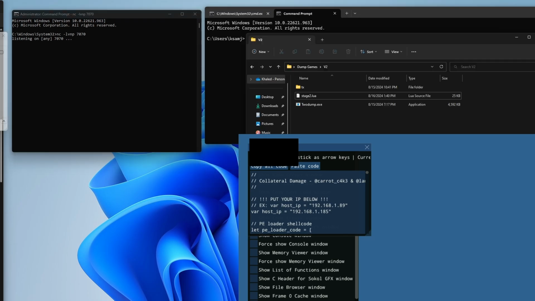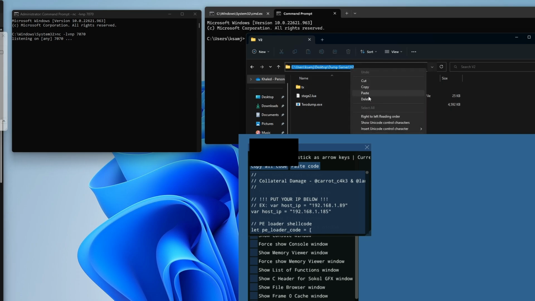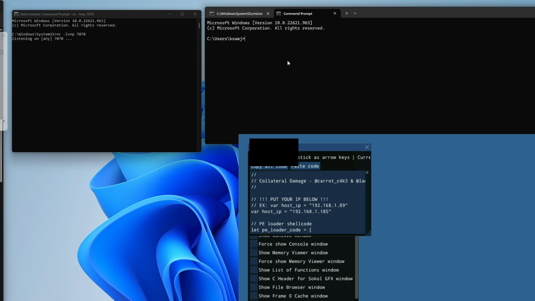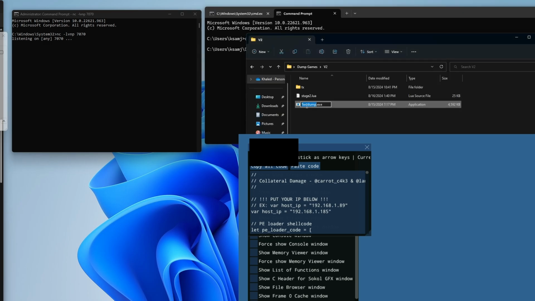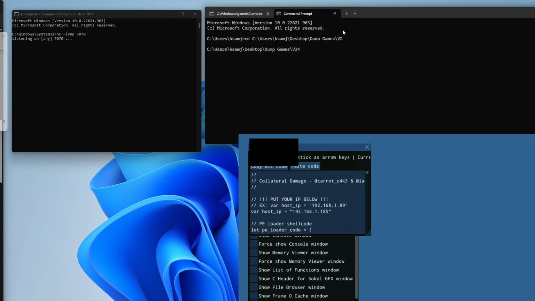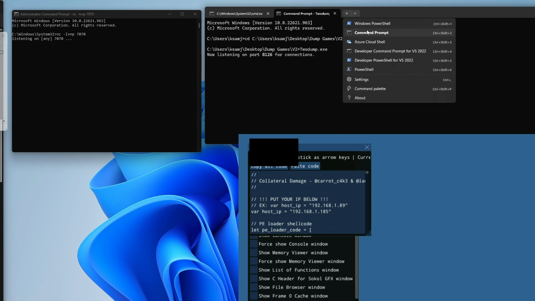And in this command prompt, I need to navigate to this folder, copy, cd, to execute the to-dump.exe, which is mainly the thing that I will be using to execute. So now it's listening for port 8126, and I will open a new PowerShell here,